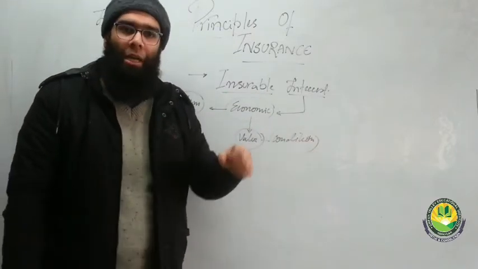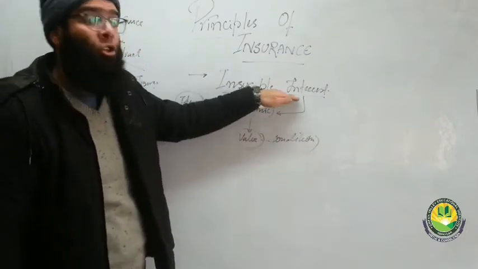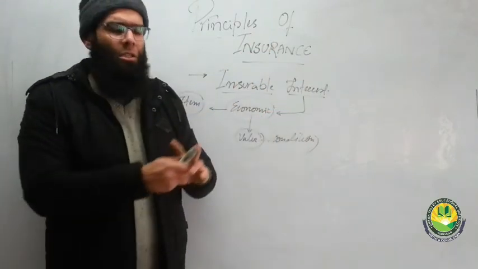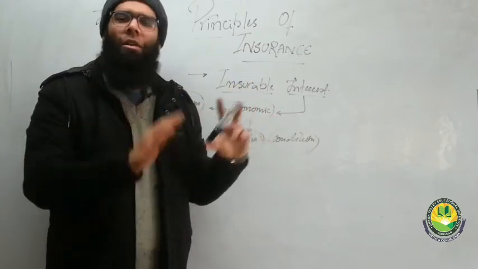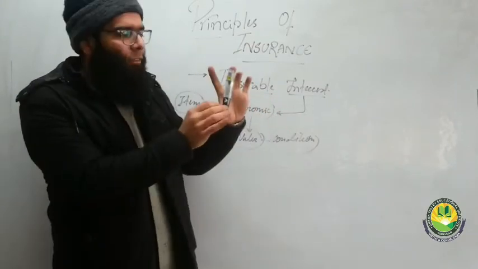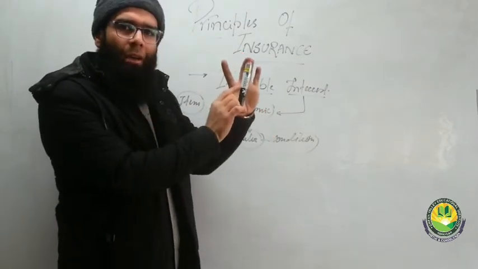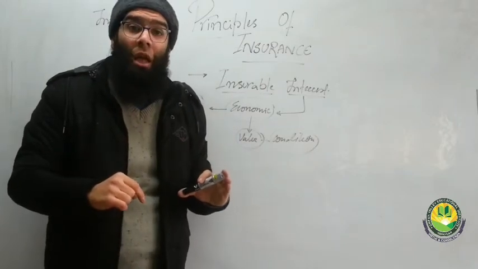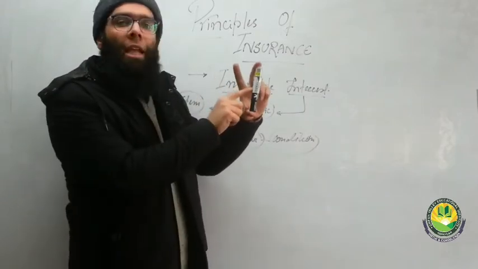So any object in which you have an economic interest, we will call it insurable interest, where you would like to protect it. For example, this particular marker: if it is damaged or not doesn't make that much of a difference, because if it is damaged, I can get a new one. The damage to this marker will not cause any deterioration in my situation. My condition will not get worsened. So I will not take up the insurance.